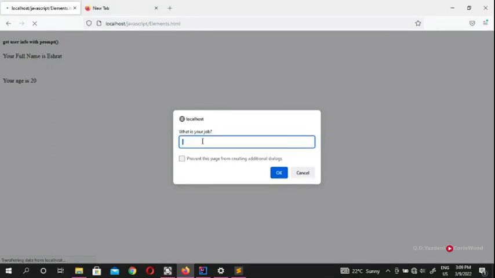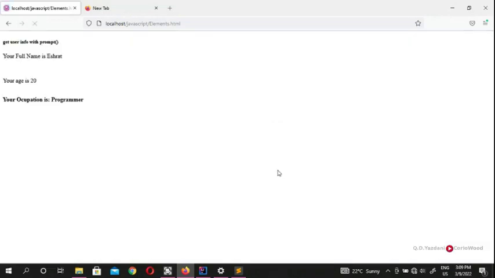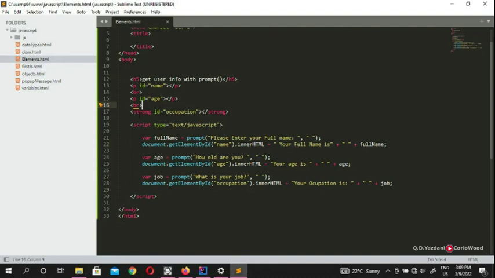You're going to put an occupation, what's your job, and say programmer, computer programmer. Okay, so now you're looking here, we have put a P, and we have put a P, but here you have put strong. So your occupation is this one. If you look in here, your occupation, because we put it as strong,